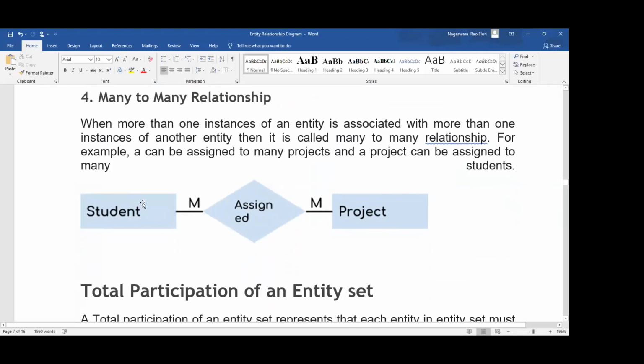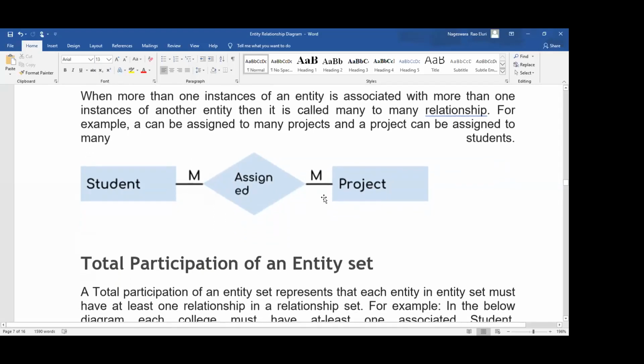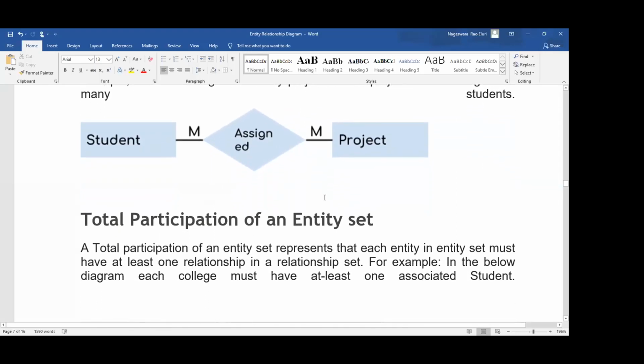When more than one instance of an entity is associated with more than one instance of another entity, it is called a many to many relationship. Example: students assigned projects.